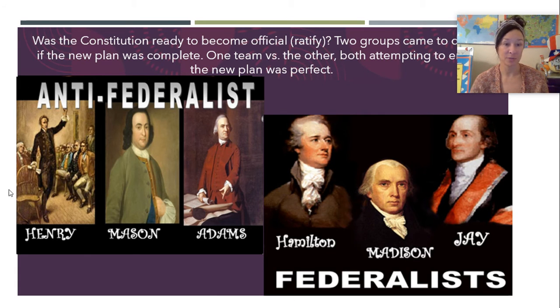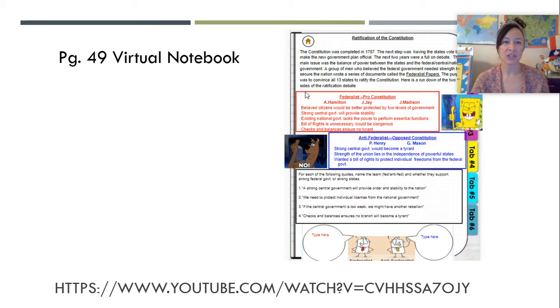Now, this other team of players, the anti-federalists, the prefix anti means against. They're against the Constitution as it is, okay? And they included people like Henry, Mason, and Adams. Now, what did they want? What did each team want? That's what we're going to look at next, okay? So a good start is anti. What are they against? They're against the Constitution at this point. What do they think? What do they want? We're going to look at page 49 to see what they want,